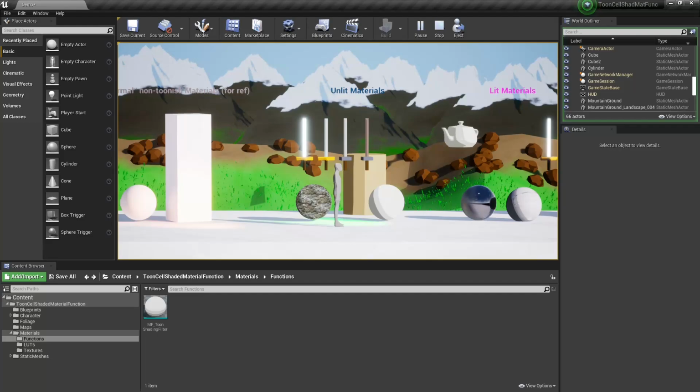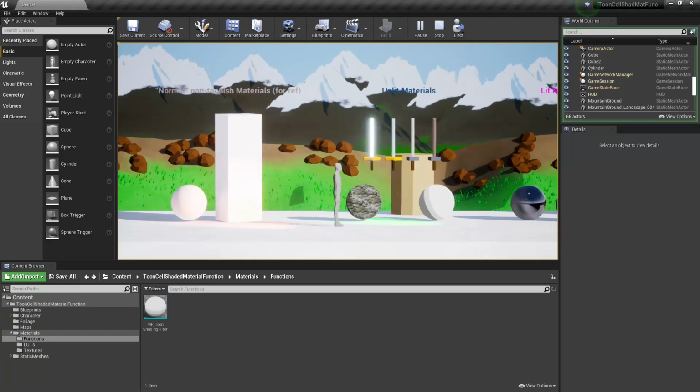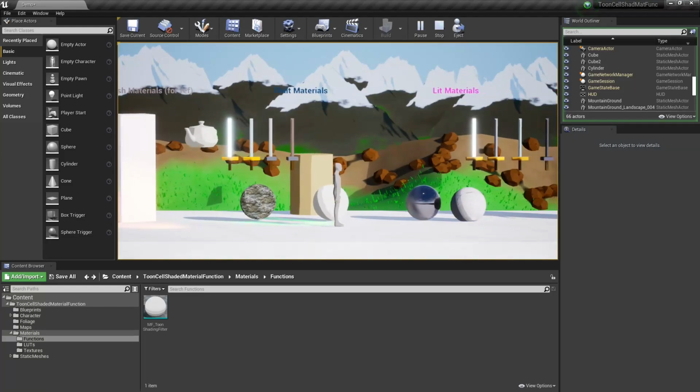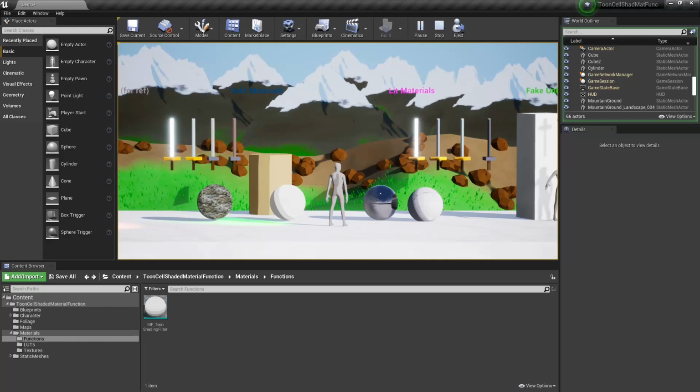I would like to show you my first little gift that I will put on Patreon. This is basically just a function to help some people make very toonish characters or objects in their games. It's very simple. Basically, what it does is cut the light on an object depending on the orientation of the